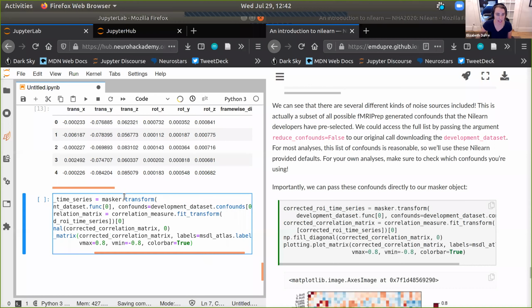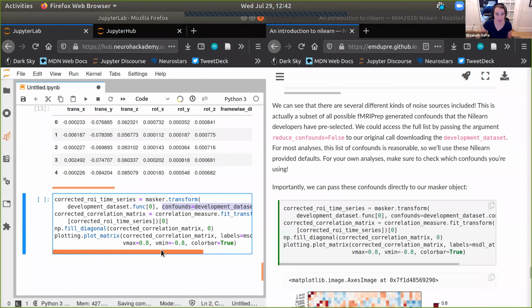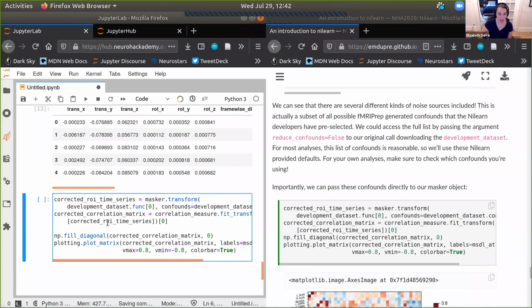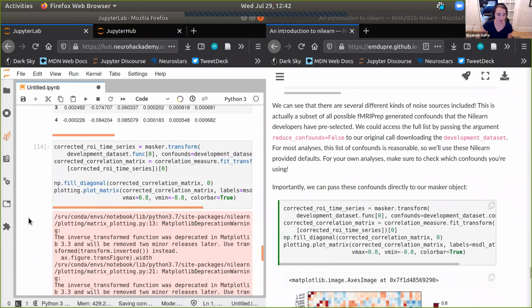The only difference is that I'm supplying to the masker this confounds parameter, and I'm setting it equal to the confounds for the first participant. Then just as before, I can take that same connectivity measure where kind equals correlation, fit transform this time series, and then plot the resulting corrected correlation matrix.